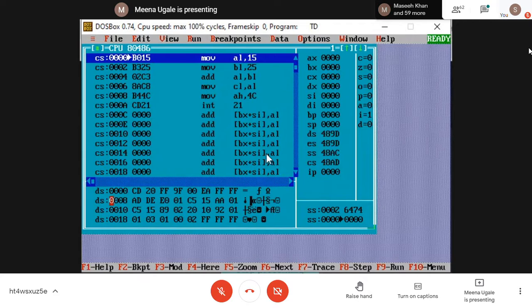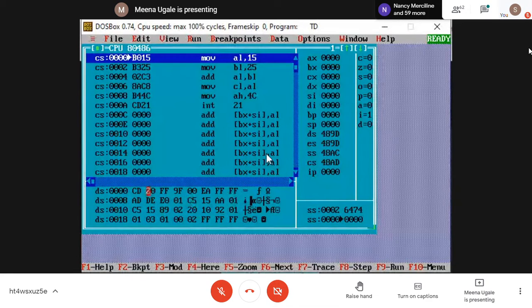Below the code segment, where my cursor is now, you have the data segment, DS, and something is written here. This is garbage data, because right now in our program we are not using the data segment. You will see it in the next example. When you use the data segment in your program, your data will reside in these locations.